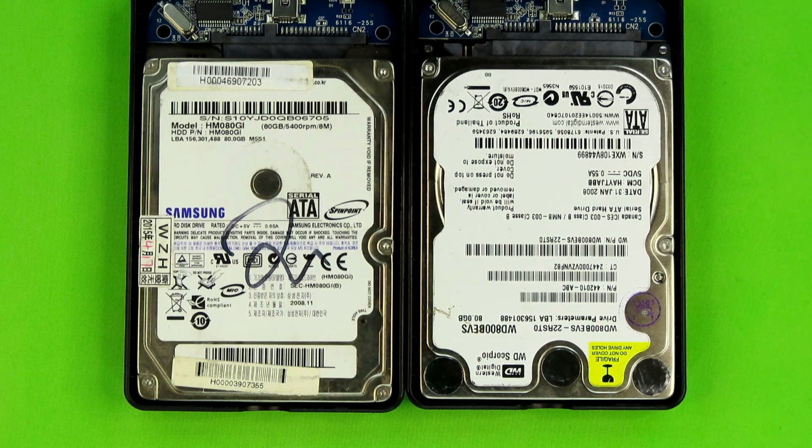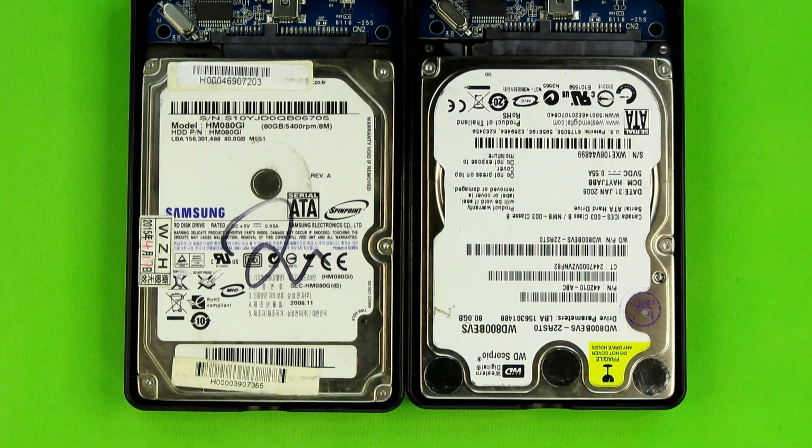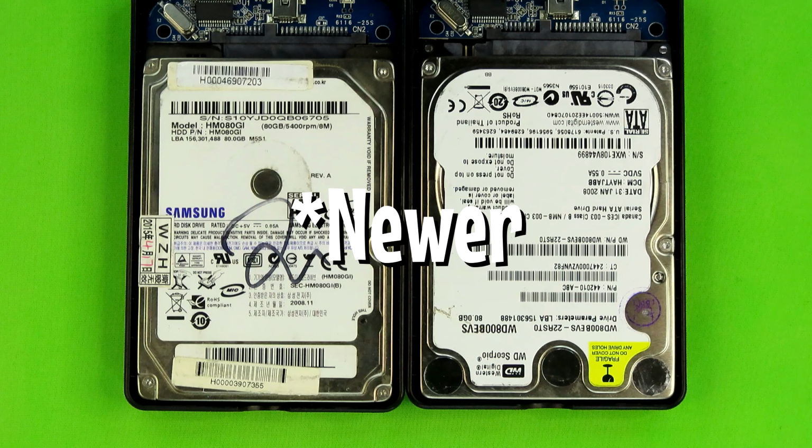Because if for some reason you need a hard drive for an older console, these are going to get you through. Especially if it's one of those consoles that's going to be very particular about the model of hard drive you put into it, because I've hit that bottleneck on both an original Xbox and a PlayStation 2. I have plenty of physically compatible hard drives, but those consoles will not accept anything outside of a very small subset of those. And if you run into that kind of situation where whatever you're trying to plug a hard drive into will for some reason not accept anything older than, let's say, 2010,